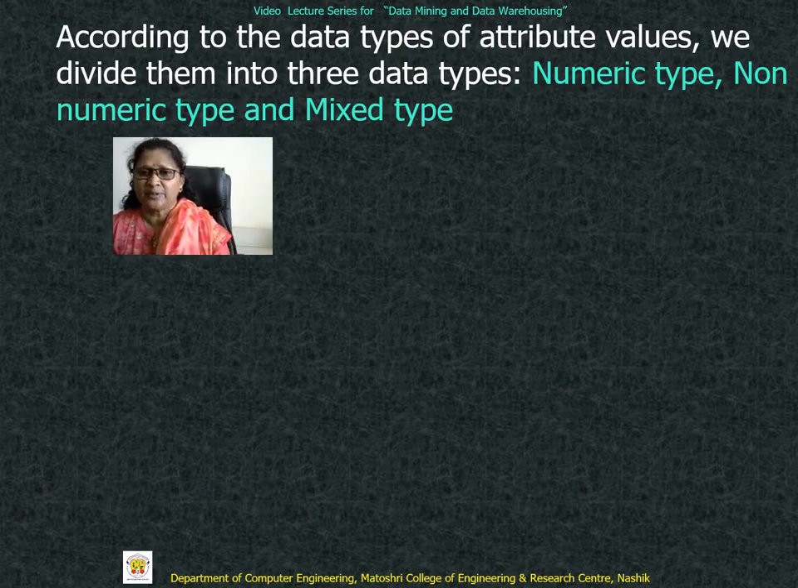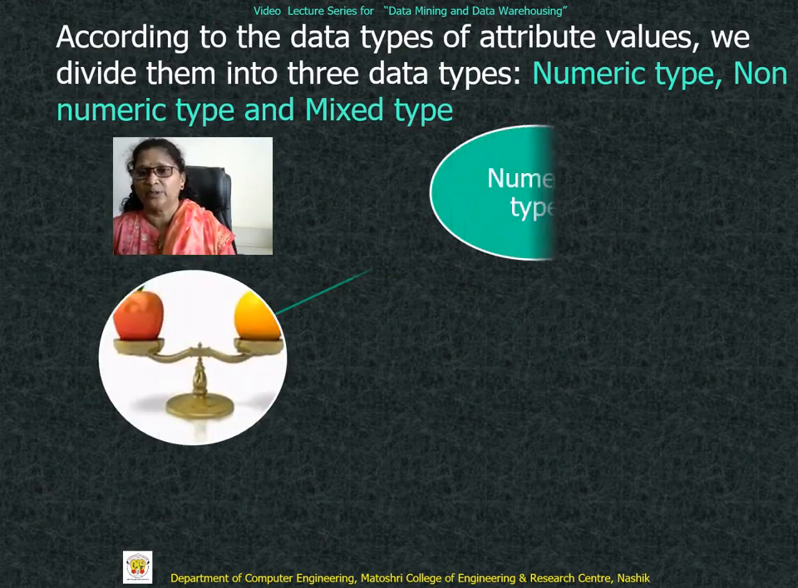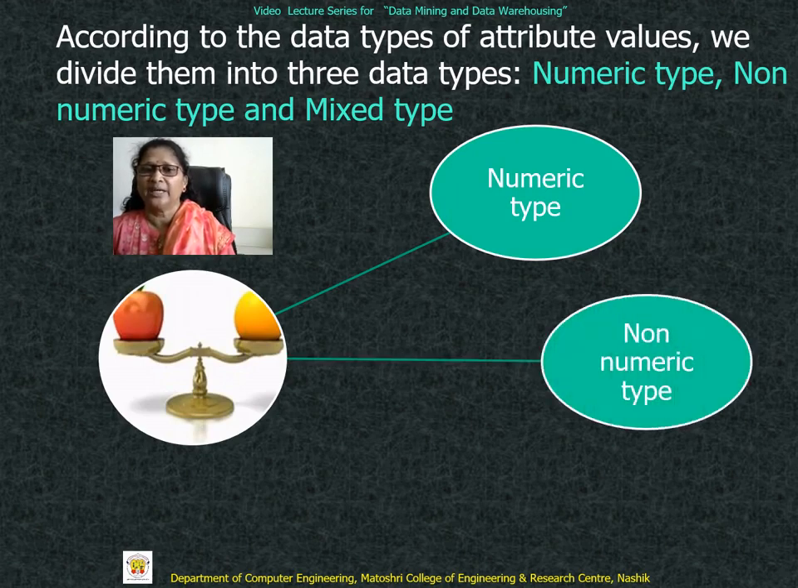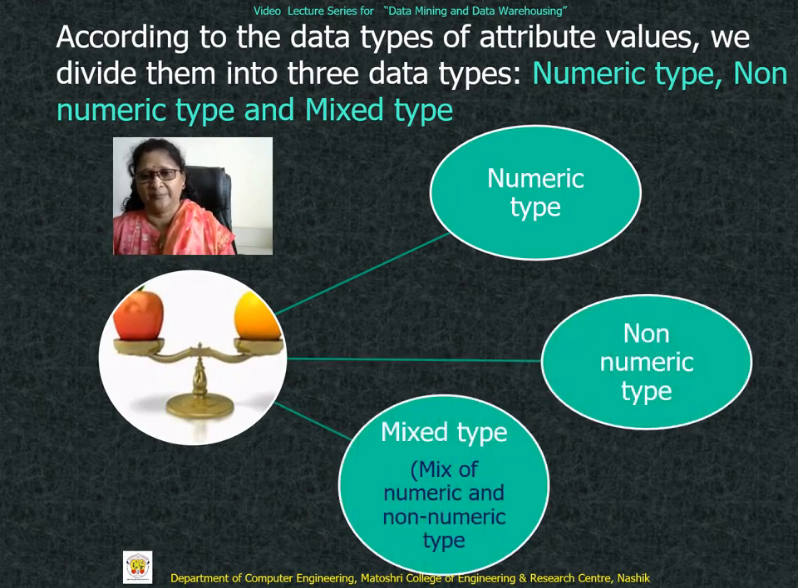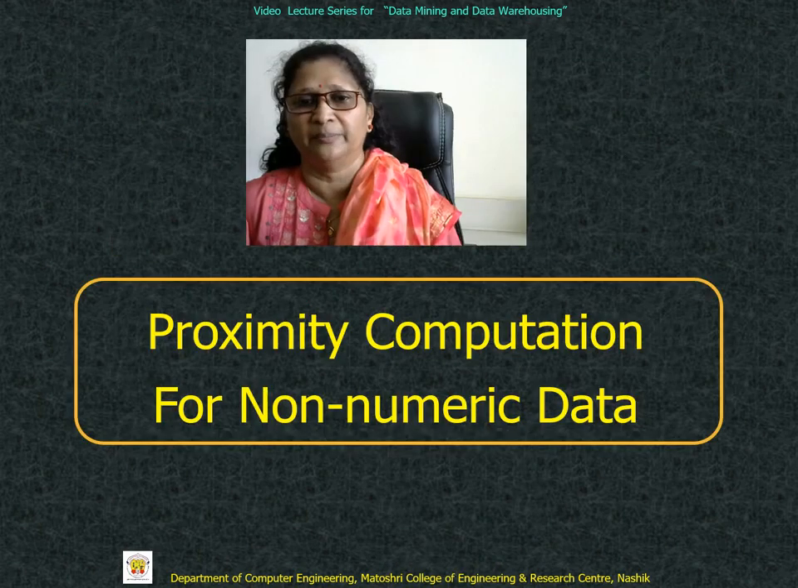According to the data types of the attribute values, we have already divided them into three groups. One was numeric, second was non-numeric, and third is mixed type. For each one of them, the measures of proximity are different, and we have to learn all of them. Let us start with proximity